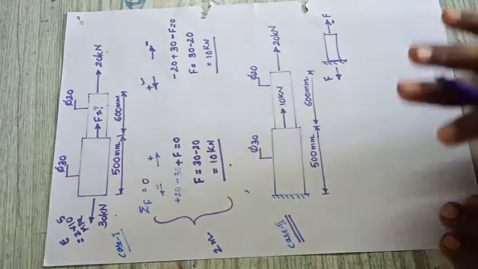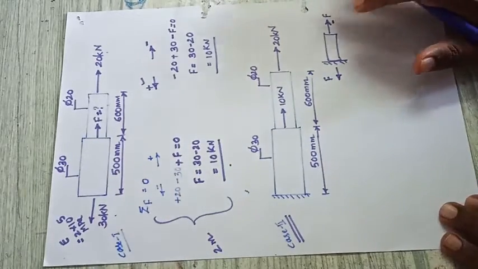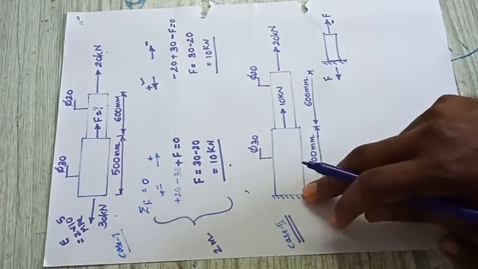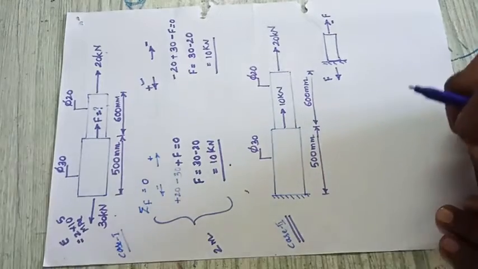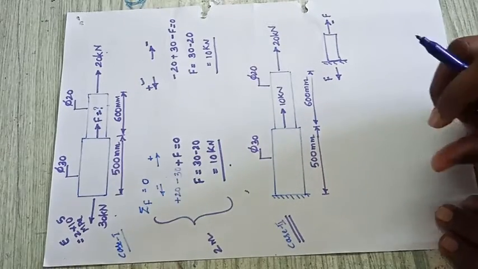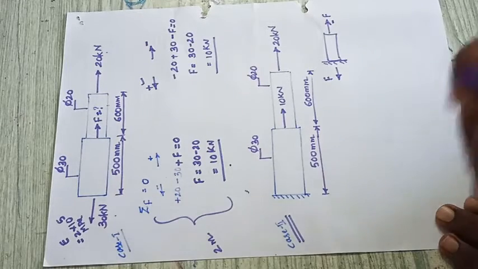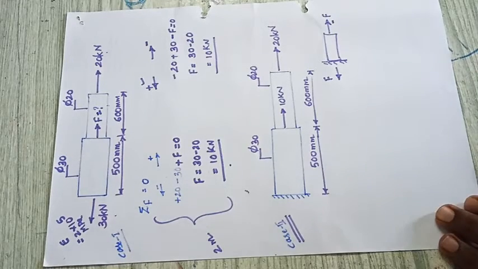Here in this case we are not at all finding any reaction force, but when more than one load is acting, there is a need to find out the reaction force. So first of all, when we are finding the reaction force, we have to judge or give the direction of the reaction force, in which direction it is acting. So how to identify whether it is acting on the right side or on the left side?